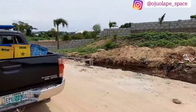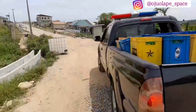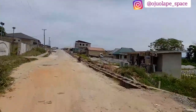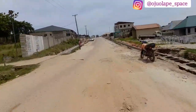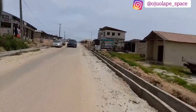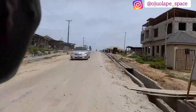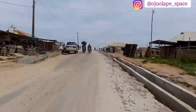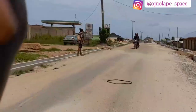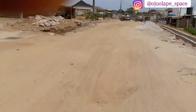So I think it's a very good idea once you are done with the drainage and you eventually make the road, it won't damage the road. Flood and main flood won't damage the road. So in Oyo State, you can see left, right and center, they are working on the road. You can see from where they stopped to this place, from that Asunle down to where we are going to, Oyo State is working tirelessly on this road, and I'm appreciating my governor